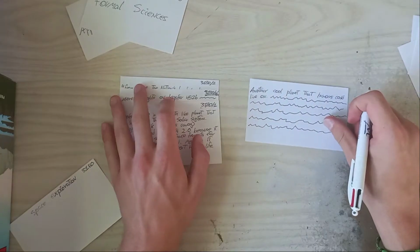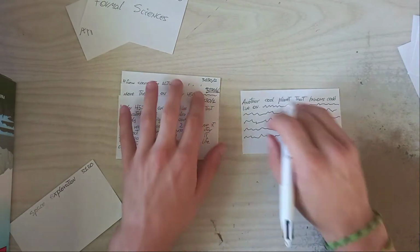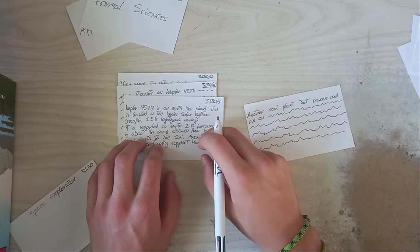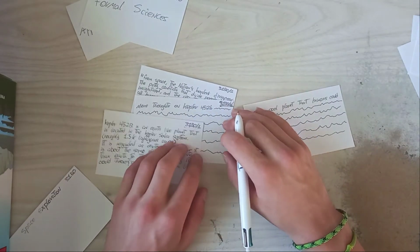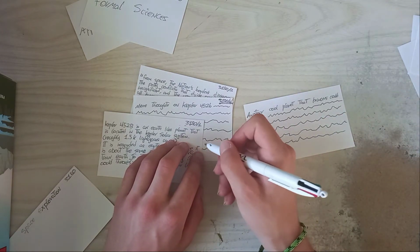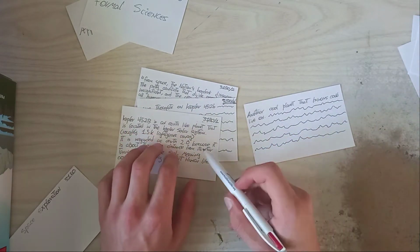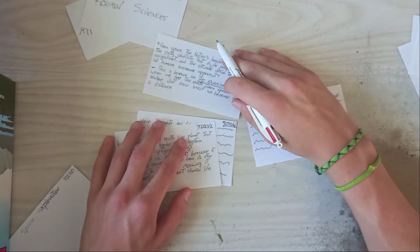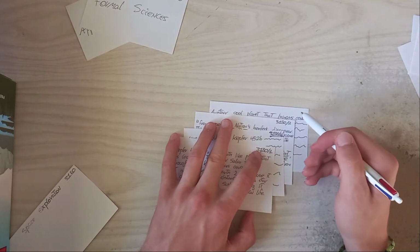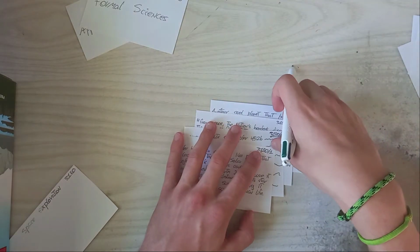Now, let's say you find out about another cool planet like Kepler 452b that could support human life. Now again, it's more related to Kepler 452b, so we want it to be close to Kepler 452b. But we already have this other card expanding on 452b. This card is not expanding on the idea of Kepler 452b, it's simply another planet similar to it. So we still want to place it in a similar region or nearby, but we don't want to have the overview effect in between the two. Because the easy part would be to put it here, but then we have this random card that doesn't exactly follow what these three other cards are talking about. So instead,